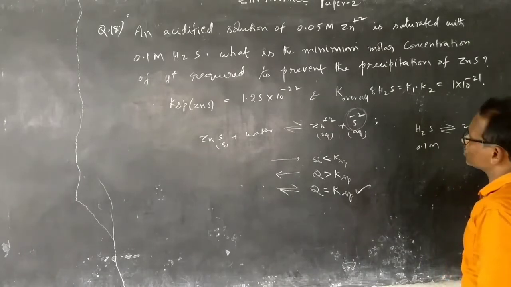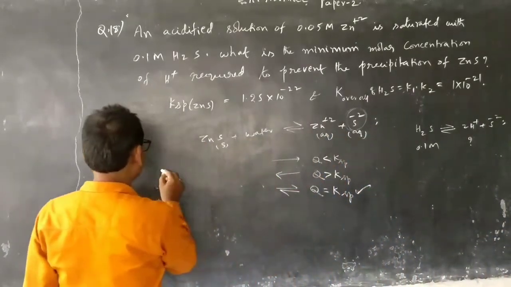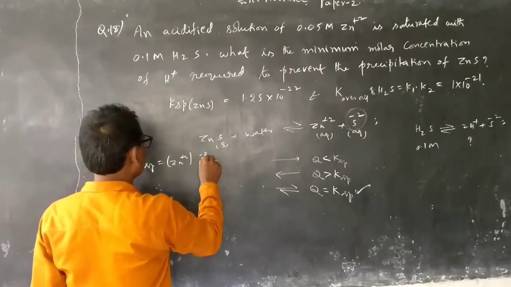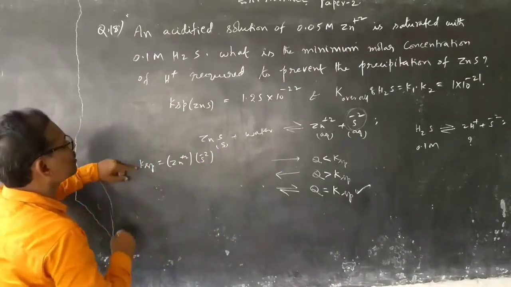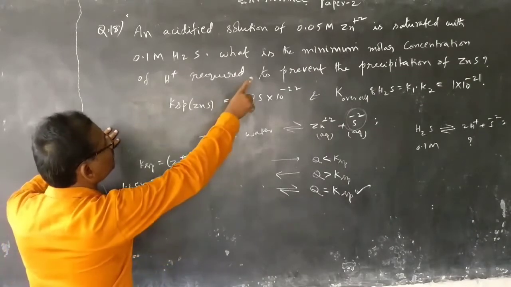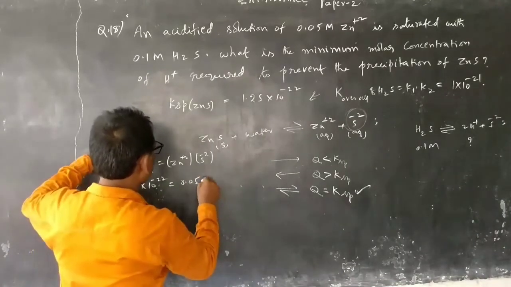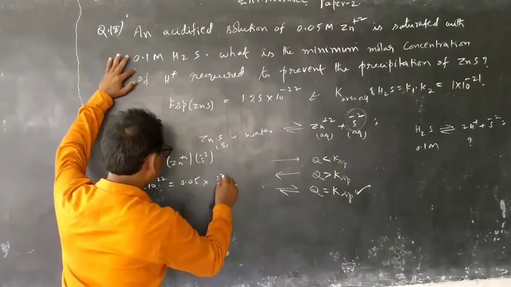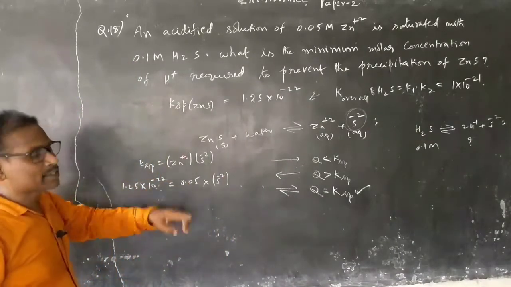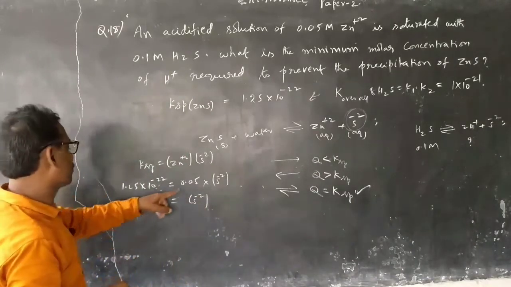So here, to get saturation, we can write KSP is equal to Zn plus 2 concentration into S minus 2 concentration. The KSP of ZnS is 1.25 into 10 power minus 20. Zn plus 2 concentration is about 0.05 molar. And what is S minus 2? That is what we have to find, because that is decided by the H plus ion concentration. So here the sulfide required is going to be